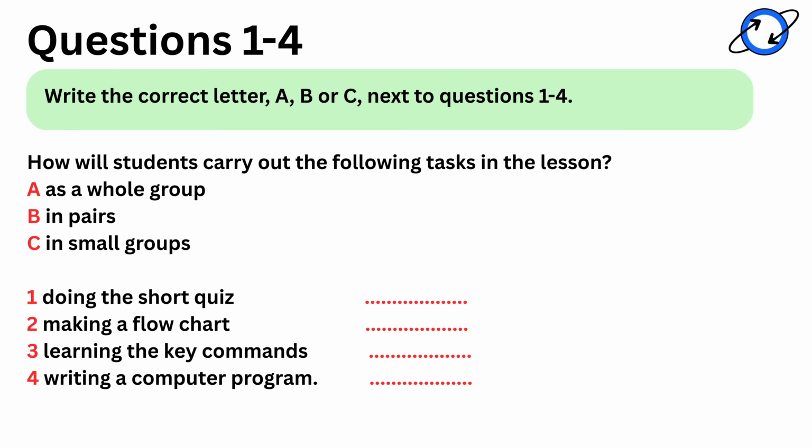I think the key thing is, though, that before they actually sit at their computers, and I think we should presume that they're doing this lesson in a computer room, they make a flow chart of what they want the program to do. That's usually the best way to start writing a program. This flow chart will show all the different stages of the computer program, right? Exactly. It's probably best if the teacher stands at the board and everyone works on that together. Yes, otherwise they'll all come up with different flow charts and it'll get confusing. Precisely. I imagine making the flow chart will take about 15 to 20 minutes.